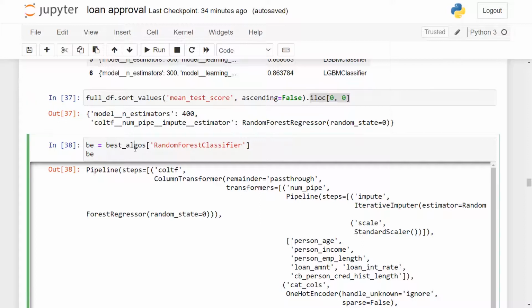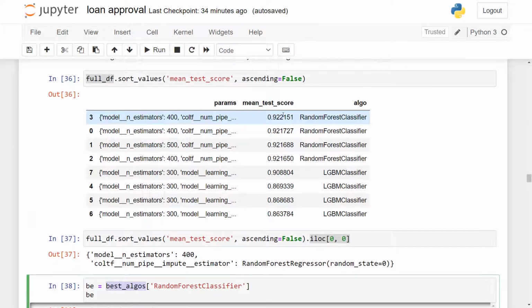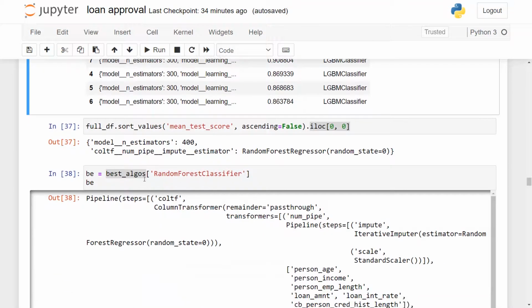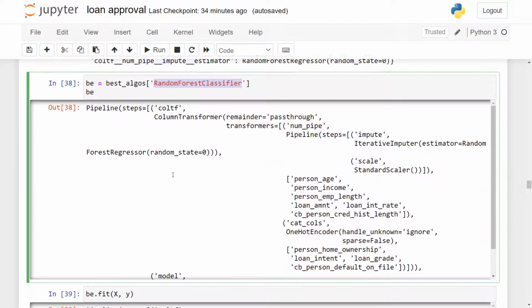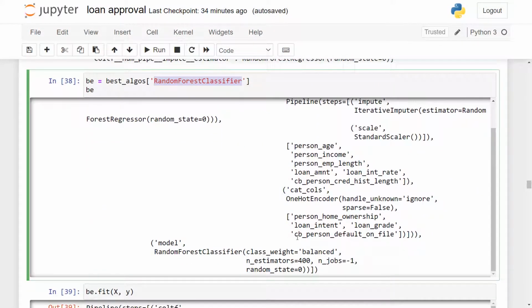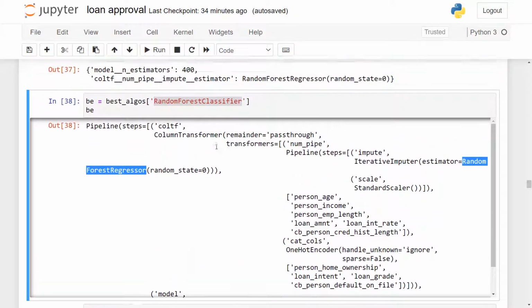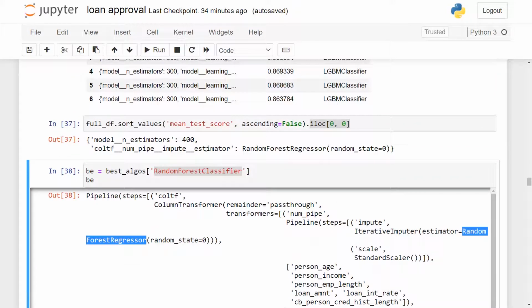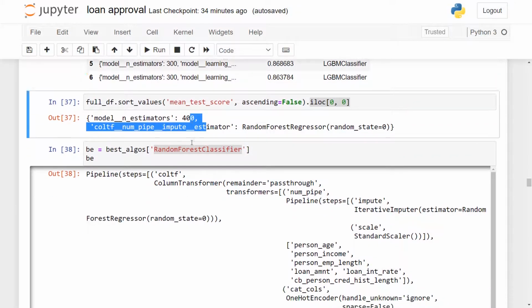And so for best algos, we know that random forest was the best classifier. So best algos of random forest classifier will give us the pipeline object that was found to be the best one. We see 400, and random forest regressor were the hyperparameters found to be the best ones.